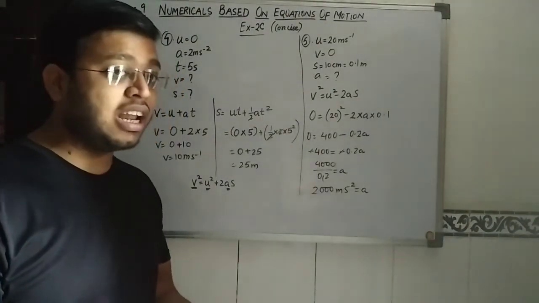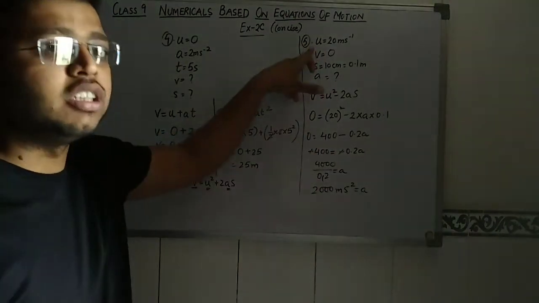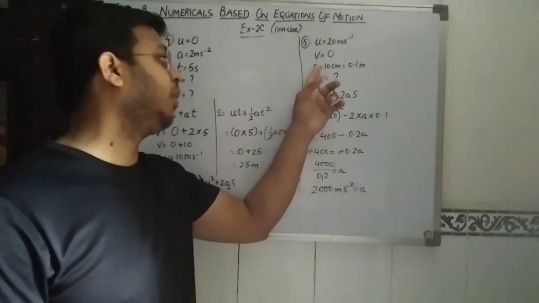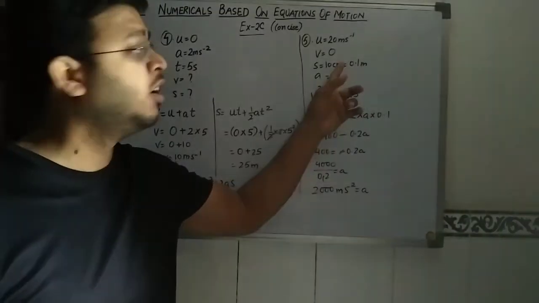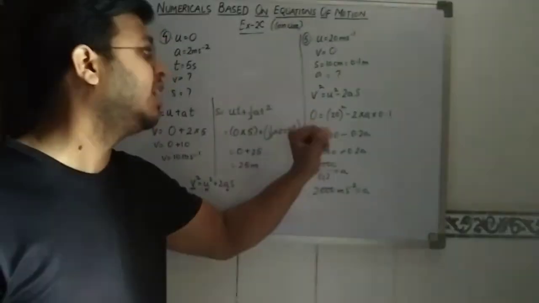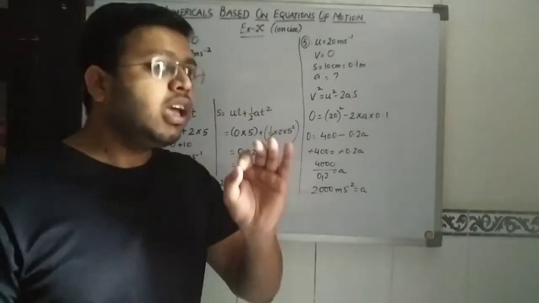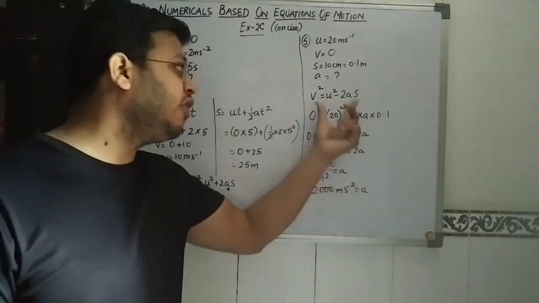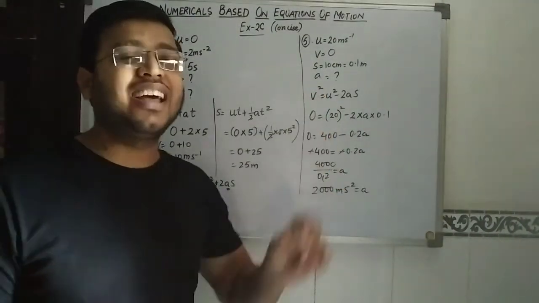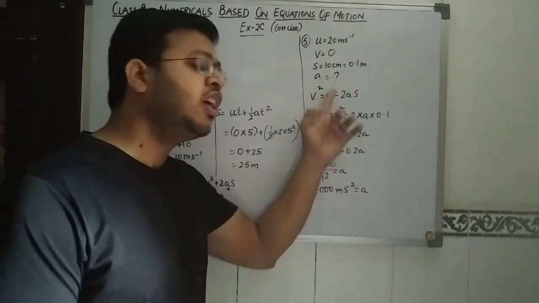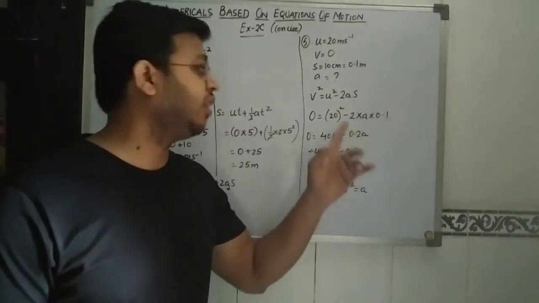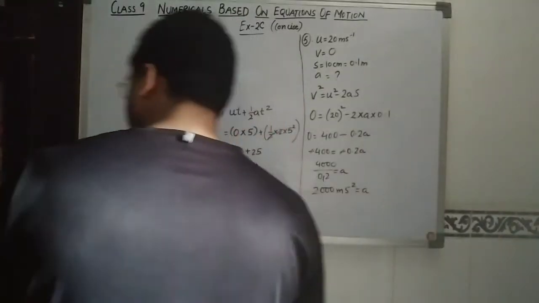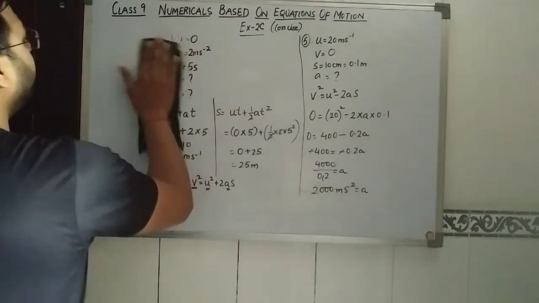So in this question, as we can see, the initial velocity is given and the object was coming to rest. That is why final velocity will become 0. And the displacement caused by the object is S, 0.1 meter, because 10 centimeter is given. That is why we have converted. After that, we have to find retardation caused. If in the same question the language is to find the acceleration, then we use a positive sign. But here it clearly says find the retardation. That is why we have used the equation for retardation, we are using minus, and the value is coming 2000 meter per second square. So this is the way we can solve question number 5.